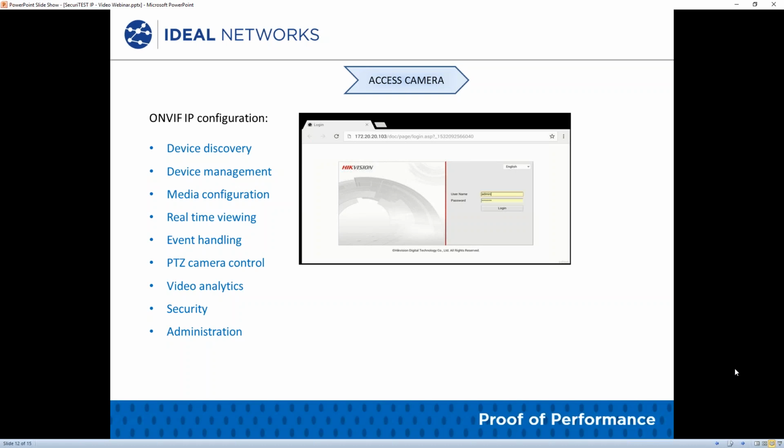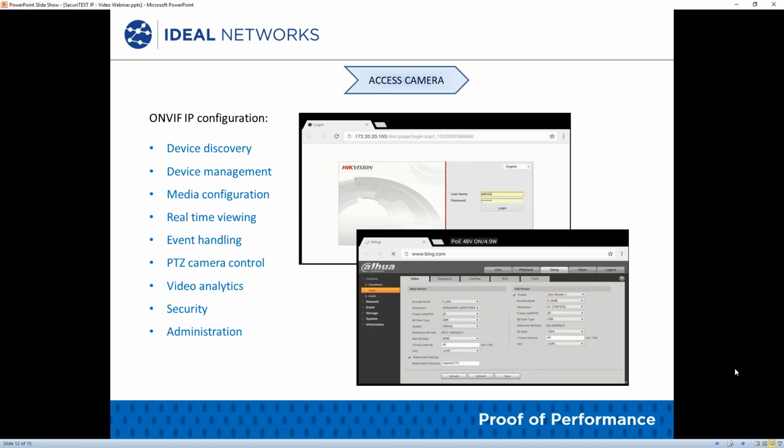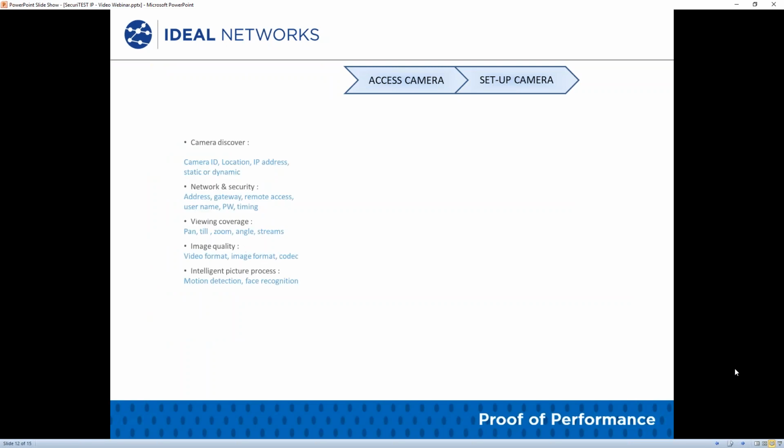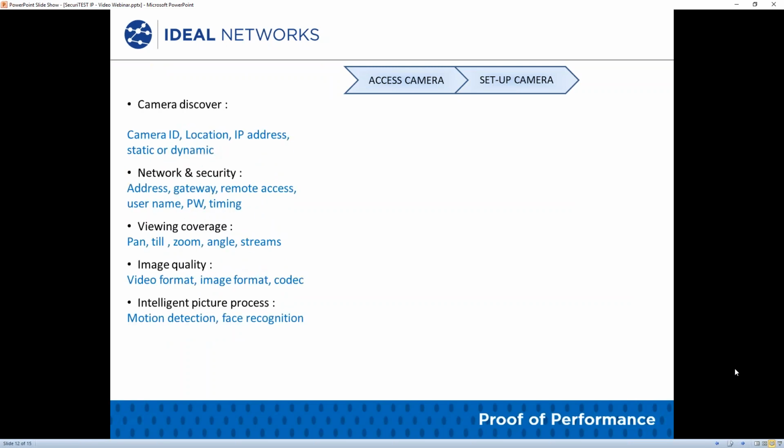Go to Setup and show the ONVIF tab. Now, on the SecuriTEST IP function within the ONVIF app screen, you may check your camera configuration via the menu. Once all is checked,